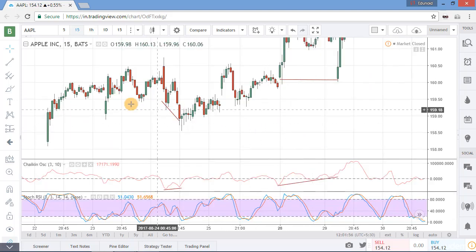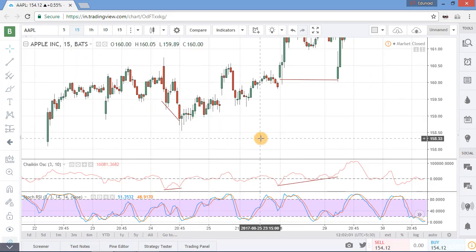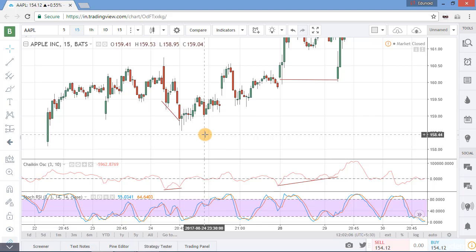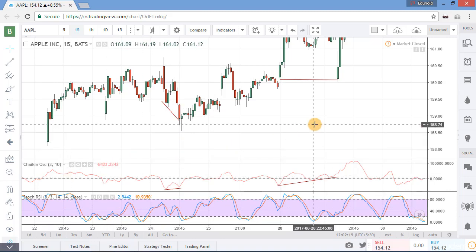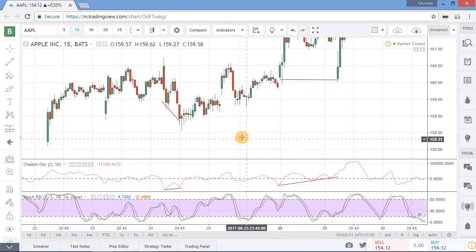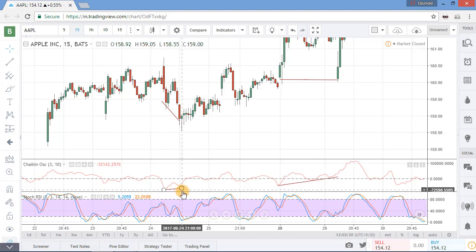Here we set the chart on the 15-minute time frame and we just take the minor trends for trading signals. We combine the stochastic RSI with Chaikin's oscillator and see how to trade minor trends on 15-minute charts. Now see here, Chaikin's is giving a positive divergence because prices are moving down, but Chaikin's is moving in an upward direction. So we can buy here when Chaikin's is giving a positive divergence and stochastic RSI is in the oversold range. We are getting a buying signal here.